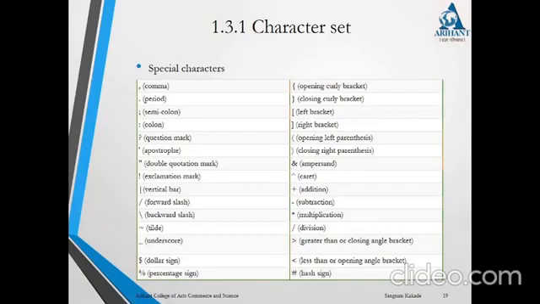Then there is a colon, question mark, apostrophe, double quotation mark, exclamation mark, vertical bar, forward slash, backward slash, tilde, underscore, dollar sign, percentage sign, opening curly bracket, closing curly bracket, opening square bracket, which is also said to be the left bracket, closing square bracket or right bracket, opening parenthesis, which is mostly used in functions, closing parenthesis, which is also called a closing bracket, ampersand, dot, addition, subtraction, multiplication, division, greater than or closing angle bracket, less than, which is also called an opening angle bracket, and hash.